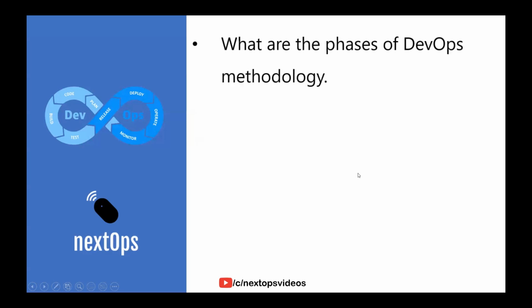What are the phases of DevOps methodology? There are 5 phases involved in this as a common practice, starting with planning of the effort: how to tackle this development activity, how many days we need, how many people we need to support this development activity, all the planning, by what date we can deliver this particular application. Everything will be done within the planning phase.